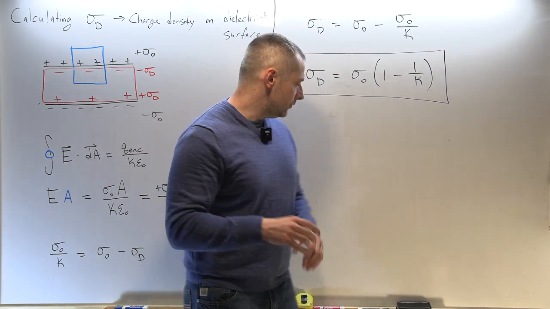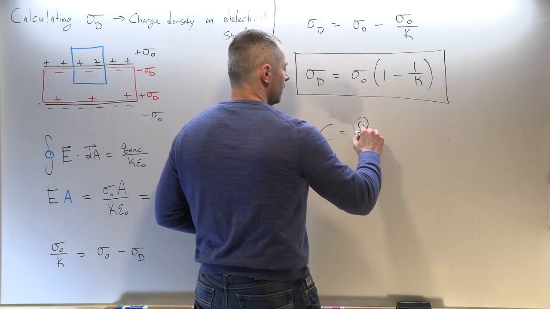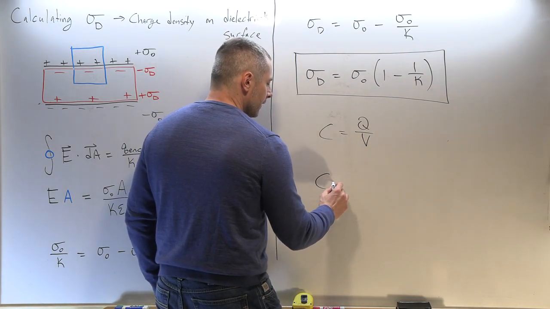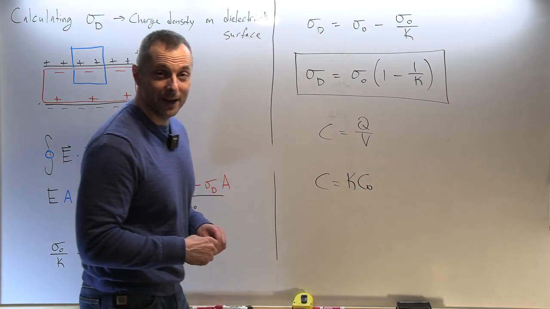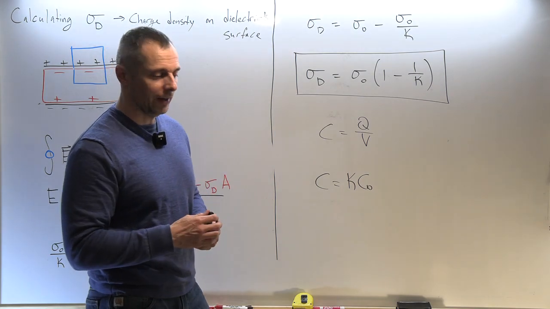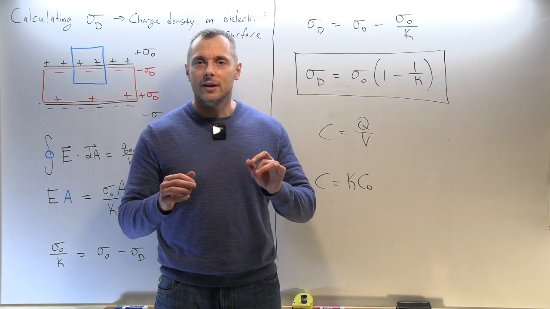Reducing the voltage in C equals Q over V increases the capacitance. The new capacitance is just the dielectric times the old capacitance. Nice and easy. Just multiply and it's an increasing effect. So that's how we achieve one of the ways those big